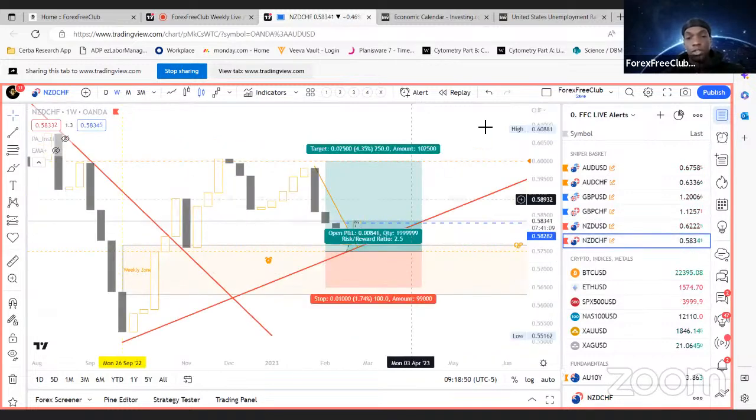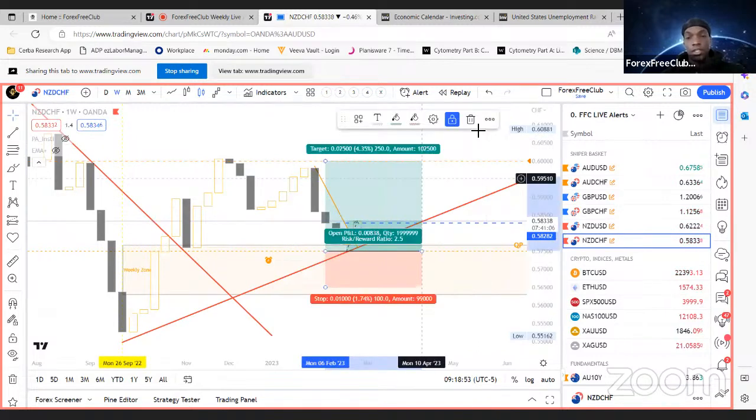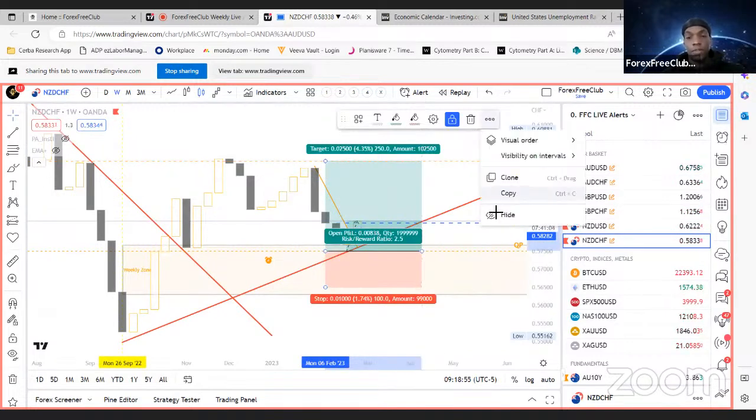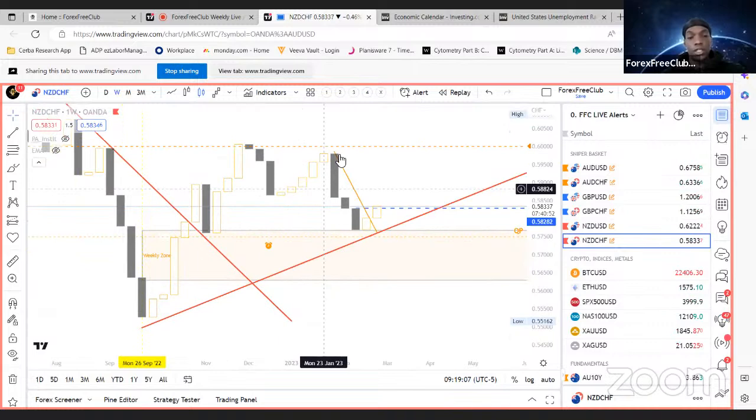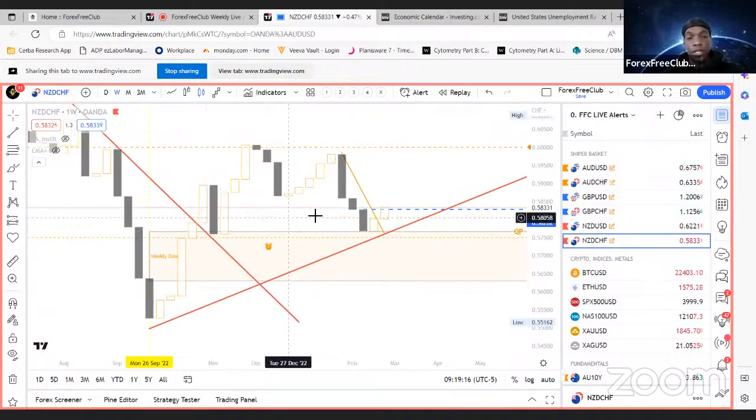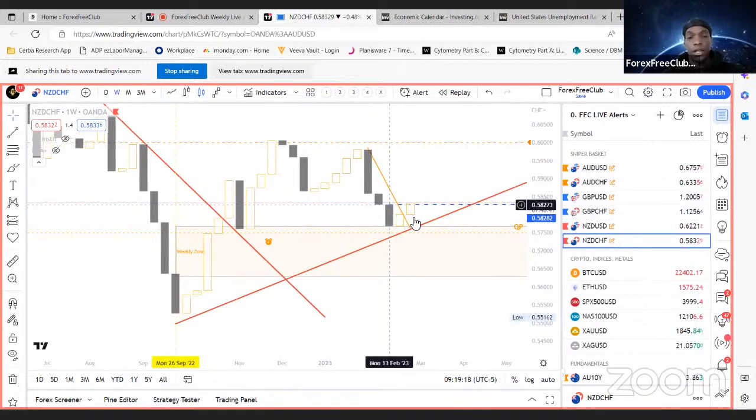All right, so similar thing for NZD Swiss franc, taking the counter trend line break to take it up. Only thing is that we do have divergence between NU and NZD Swiss franc, bearish divergence signal. So it'll be interesting to see if that bearish divergence is strong enough to hold, or if it was just a divergence for the pullback, which is possible. So we could have got a divergent signal for the pullback to then take it up.